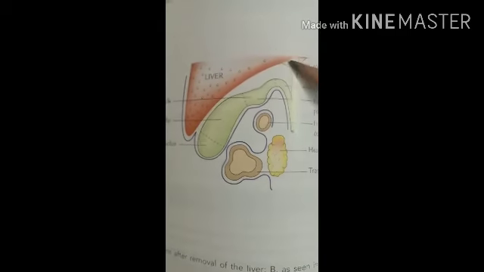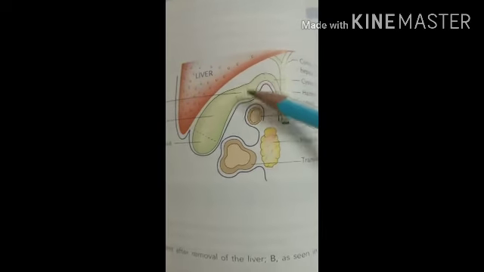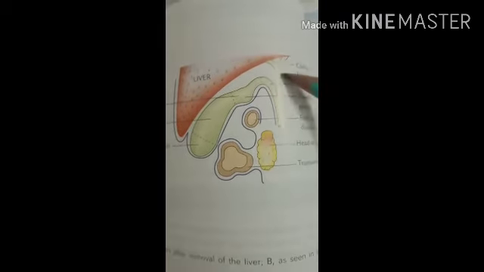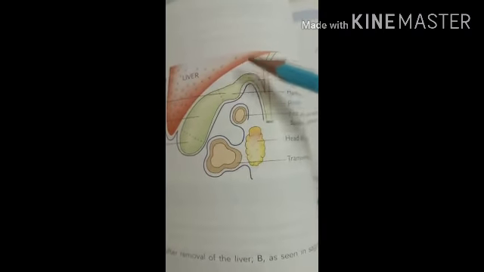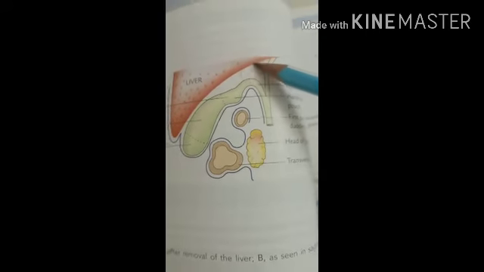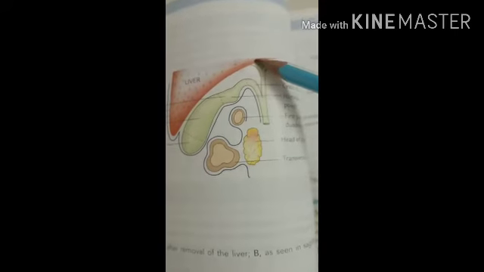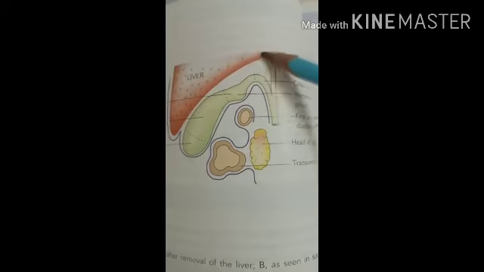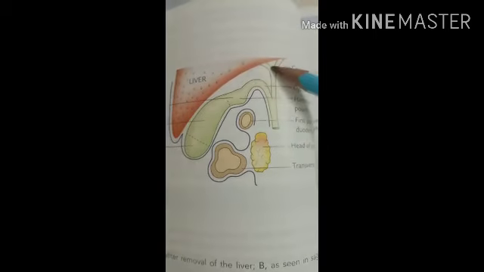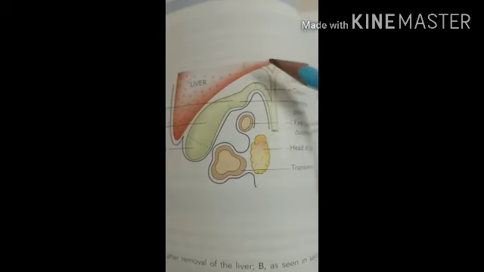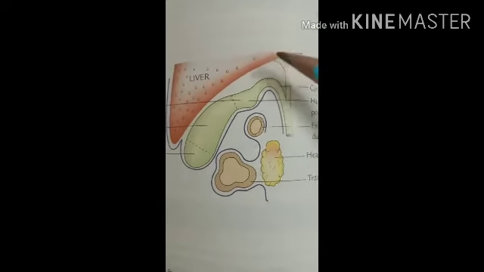Then the last clinical point is called the Calot's triangle. It is a triangular space formed by the cystic duct. Here you can see the common hepatic duct, this one, and the segment of the right hemiliver, this one. So here is the triangular structure. This triangular space is called Calot's triangle, and this space consists of the cystic artery, cystic lymph nodes, and the autonomic fibers reaching the gallbladder. So that is the important sign called Calot's triangle.